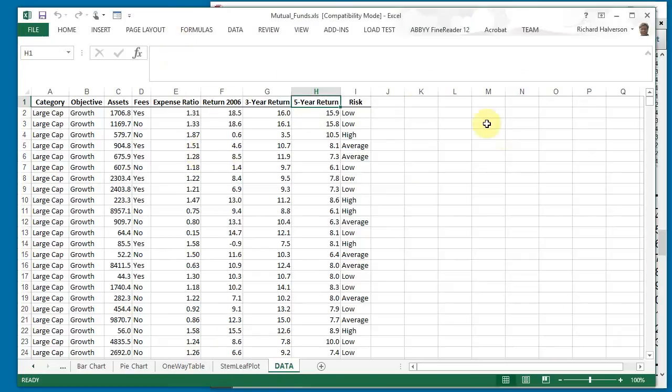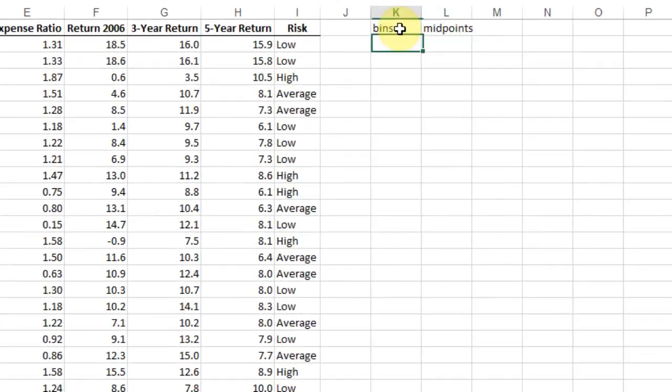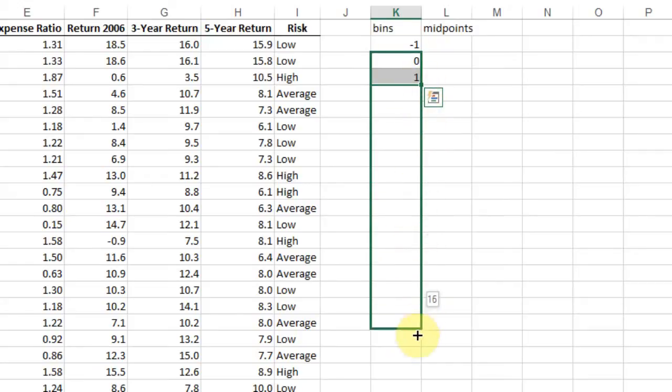I'm going to type a column called bins and midpoints, and for bins I'm going to start at -1 and go to 0 and then go to 1, and then I can just select 0 and 1 here and click on the little square there, drag this down until it says 20,